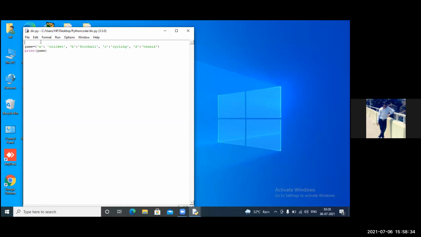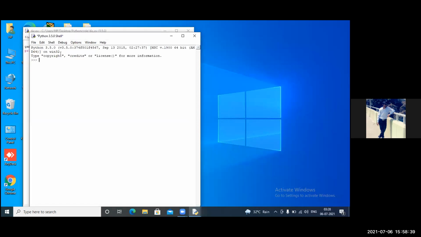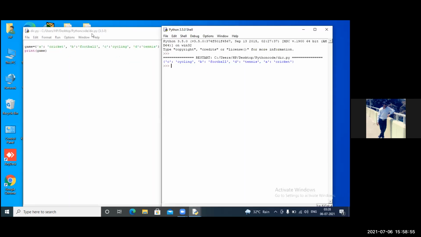Okay. Save and run the code again. So let me check what it is. A, cricket. B, football. C, okay. It is actually showing, but it is actually changing its orientation. Should not be. Why is it actually? I don't know. Okay, just try to run one single key for A particularly. Let me check what will be the output. Run the code for only showing the key value of A.